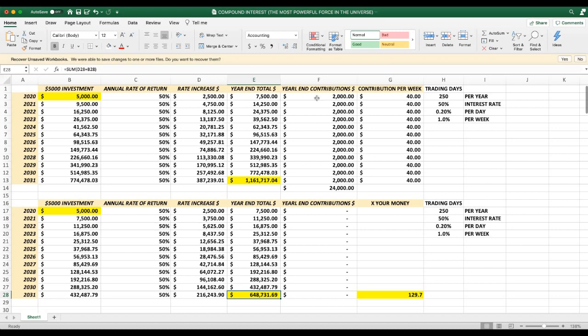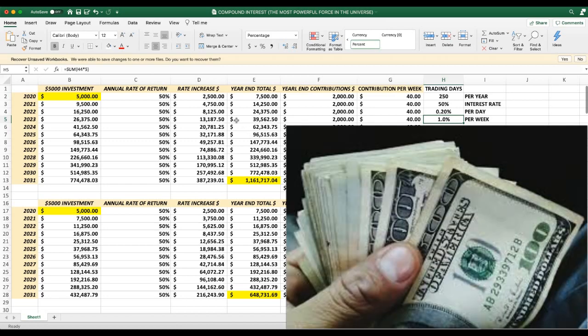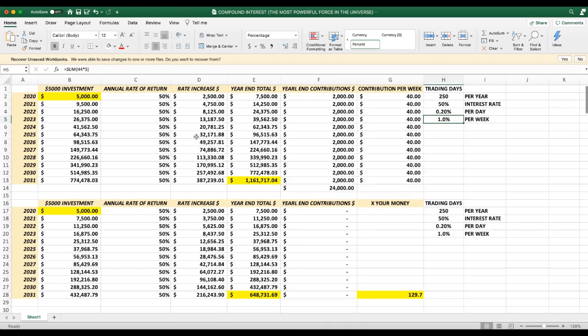I'm not saying you need to have it in stocks every day, so that's not the point. The point is you need to try to make your 1% a week, or 0.5% a week, or up to 2% a week, or whatever. On average, you're going to have some good weeks. You can have weeks, or even 2 or 3 or 4 weeks, where you're nothing. You're 100% cash potentially. That doesn't mean you can't hit those percentages. And that's what 0 yearly contributions would get you to that point.